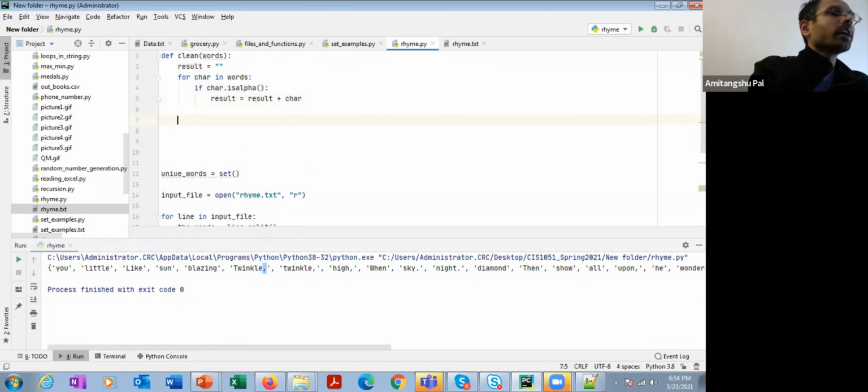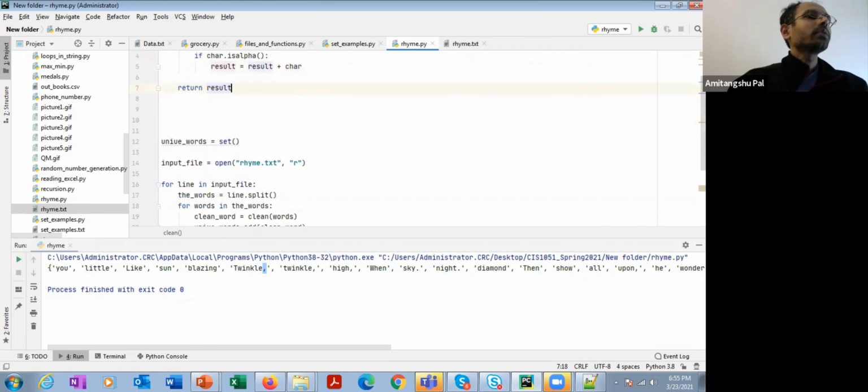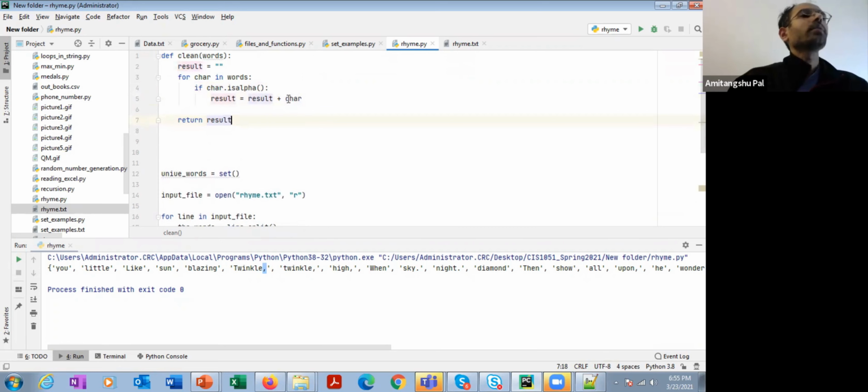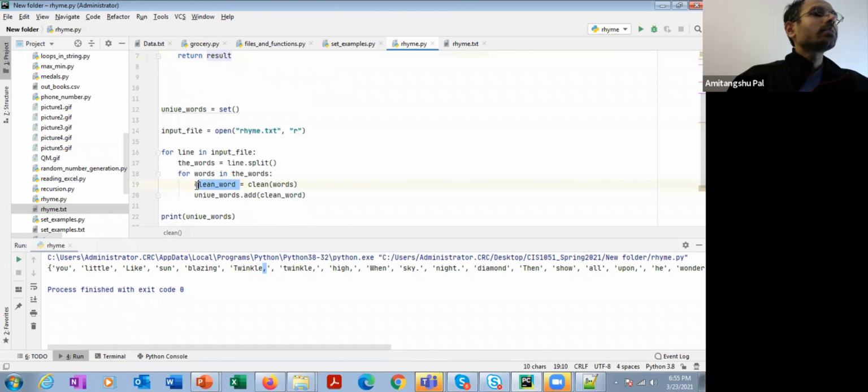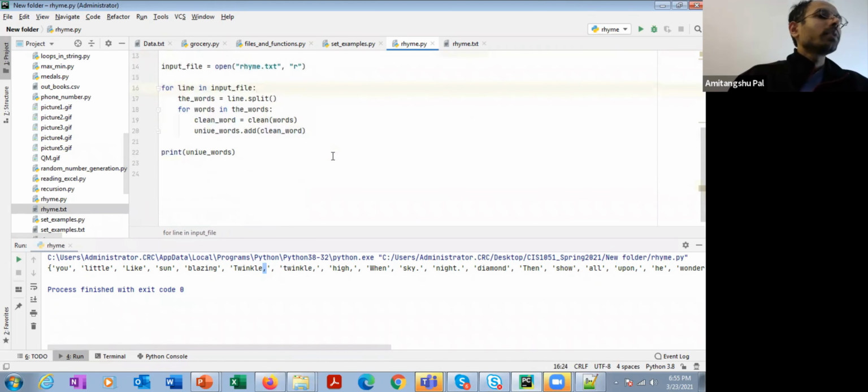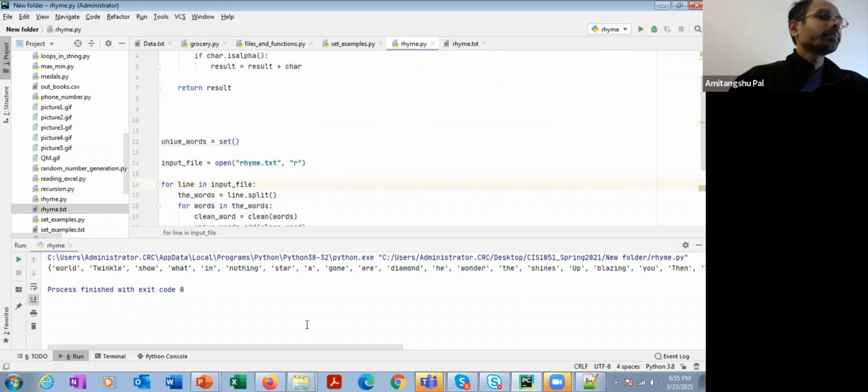At the end, I'm going to return the result. So this returned result will not include the punctuation. This clean word consists of only alpha characters, and it will be added to the set. Let's see. Here you can see that after twinkle there is no comma, after star there is no comma, and so on.